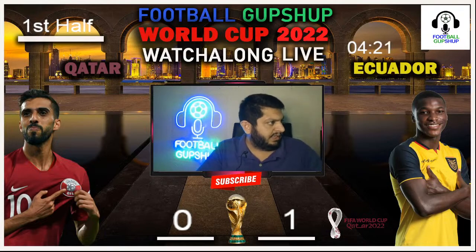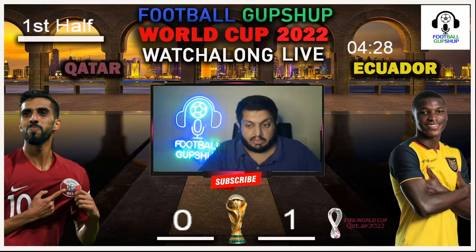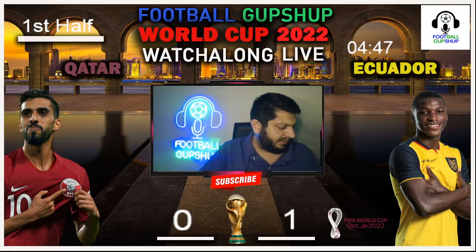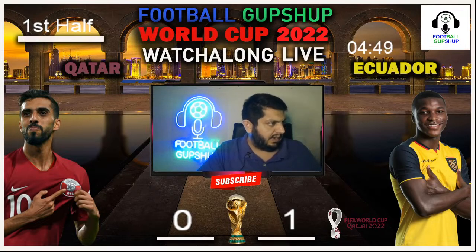So they're checking the goal. They're just checking the goal to make sure through the VAR technology. Remember that back in 2010 they didn't even have goal line technology, but this time around they have all kinds of technologies such as VAR checking the offside, checking any kind of foul. So the VAR is going to make a check on that goal and see if it's going to be given or not. But anyway, the goal has been given, and you can clearly see the VAR is having a check, and it is a goal. The VAR has given it a goal,